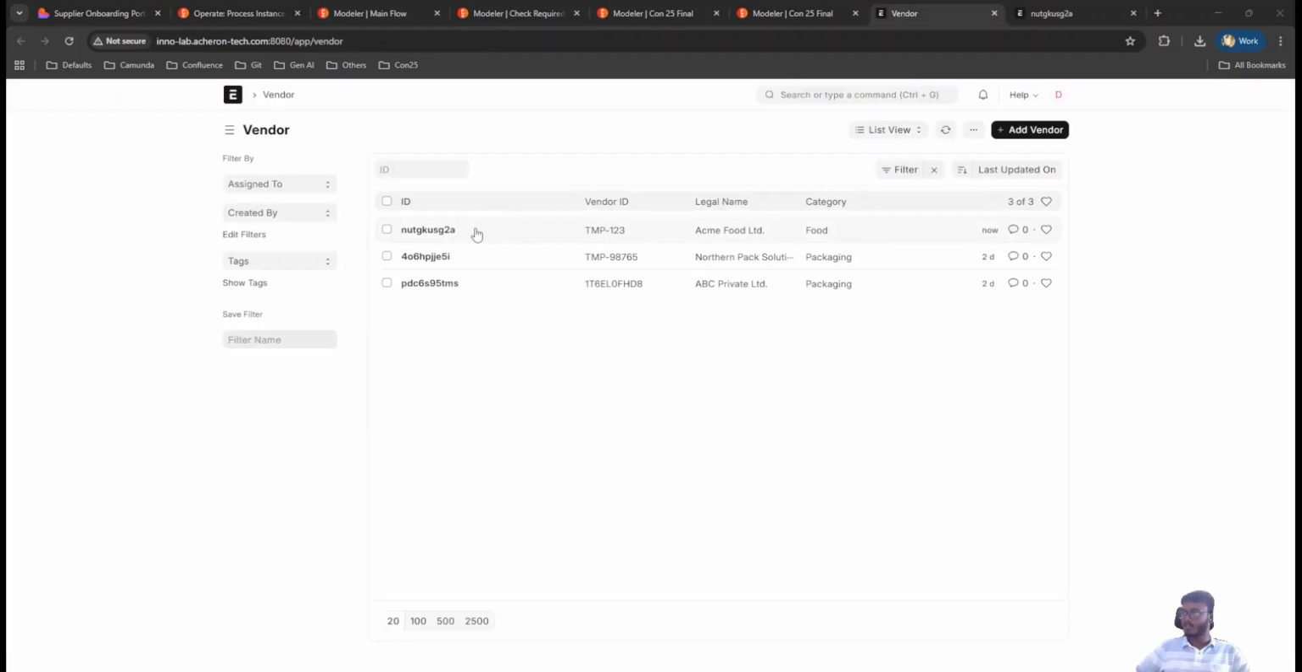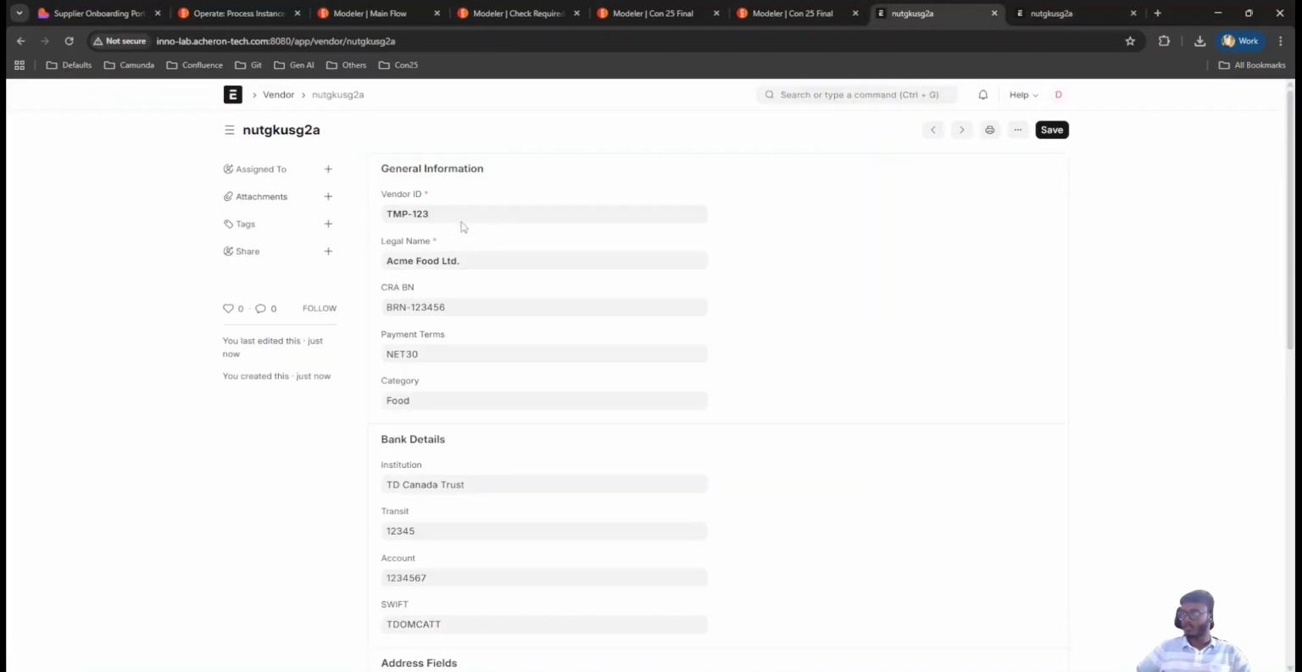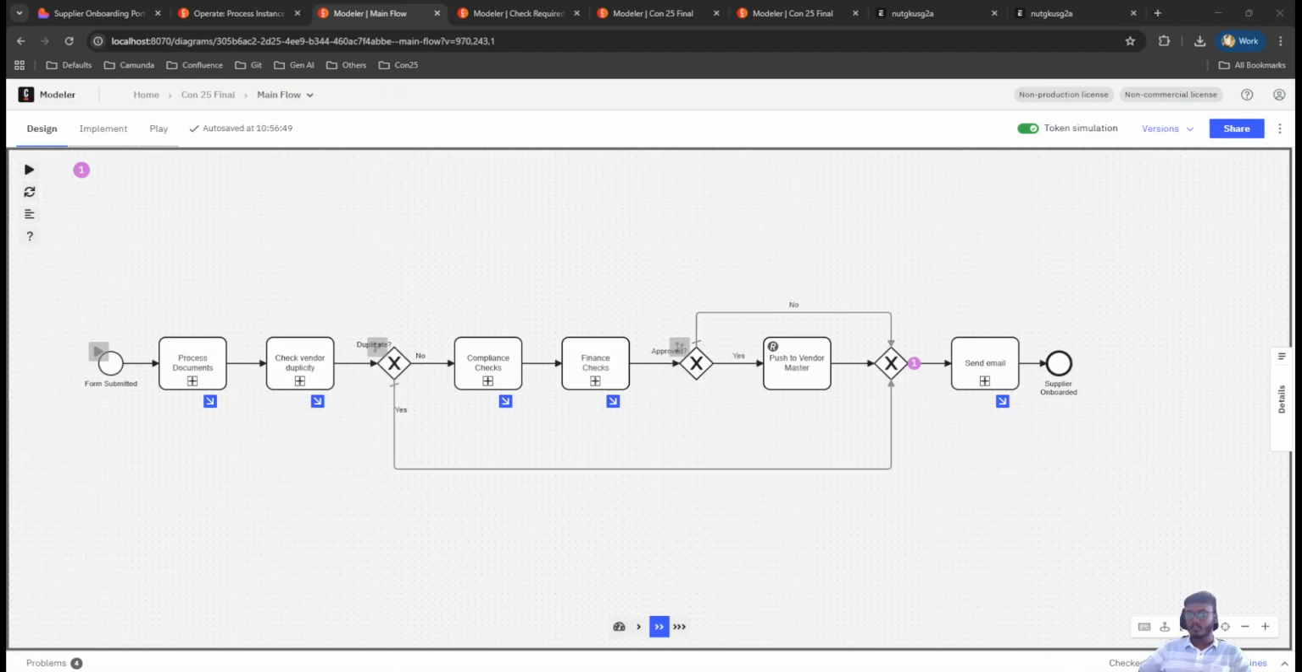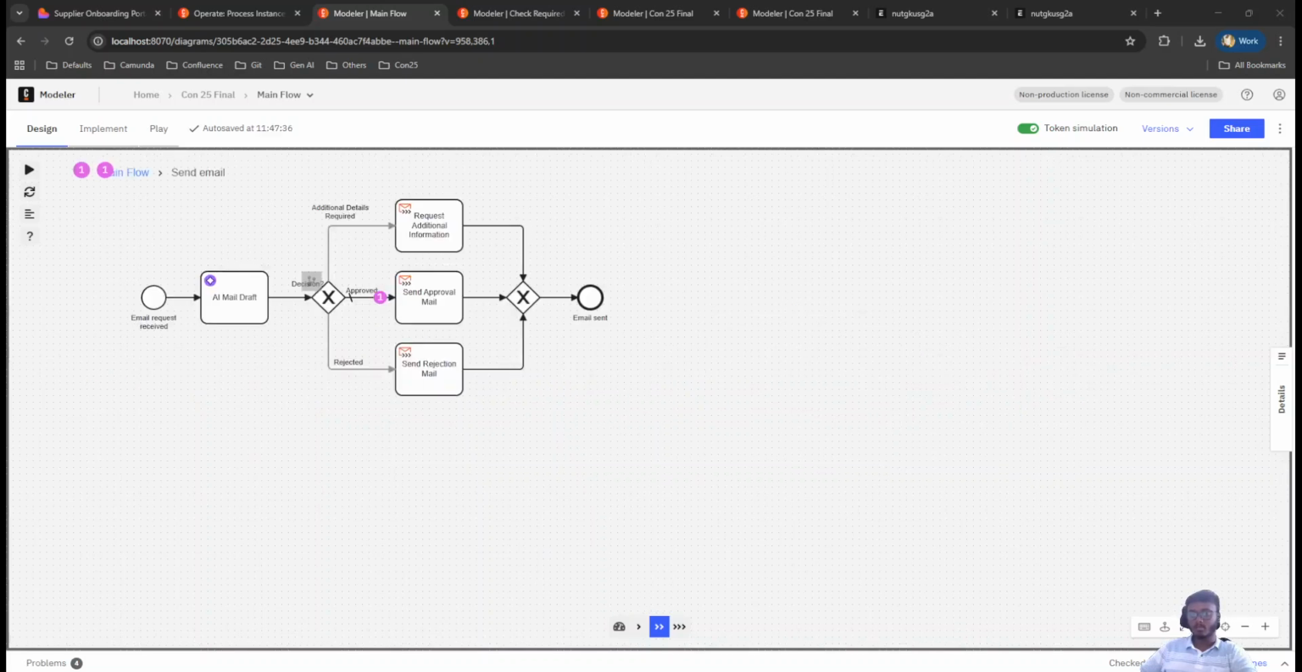So in the vendor doc type, we are able to see that our vendor is pushed now. Once that is pushed, we move to the final step in our process where we are sending an email confirmation. Here, based on all the previous data that we have processed, an AI is going to act upon it and draft the content of the email based on an approval,